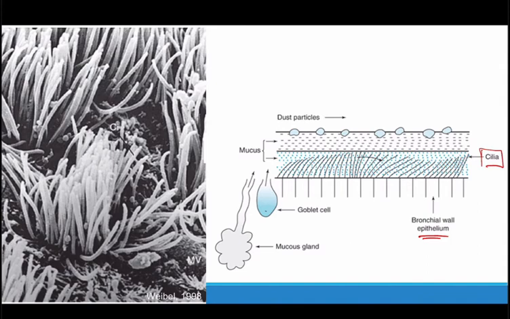Sitting on top of the cilia is a mucus layer. And this mucus layer is really important because when you breathe something in, let's say like dust particles, it gets stuck to it. It gets stuck to the mucus, and then the cilia,